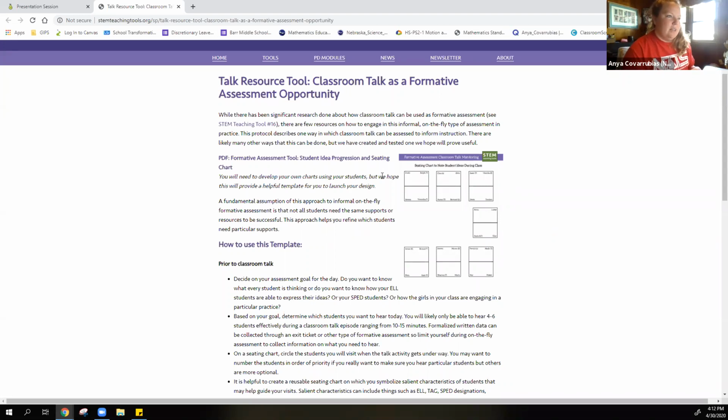One of the PDFs that's linked in here is a seating chart, which I think is such an awesome way to do it. Have your clipboard out, have your seating chart on it, and as you're walking around,